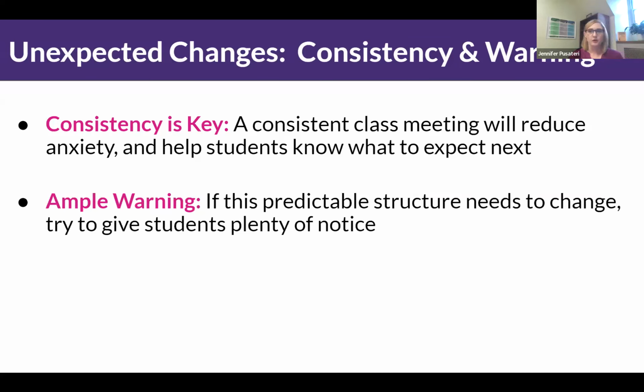And then the other thing that you can do, I mean, things are going to change. This happens a lot, right? Sometimes something happens, there's a water main break, and you have to have a class in another place. If it's possible, I wouldn't just email one student, but give all students ample warning. Hey, just letting everybody know there has been a water main break. There's a possibility that we may need to meet in another place. I will continue to give you information as I know. Giving them that warning is going to allow them to start thinking, okay, there's going to be a change. They can start to regulate their emotions a little bit better around those unexpected changes the further ahead they know.